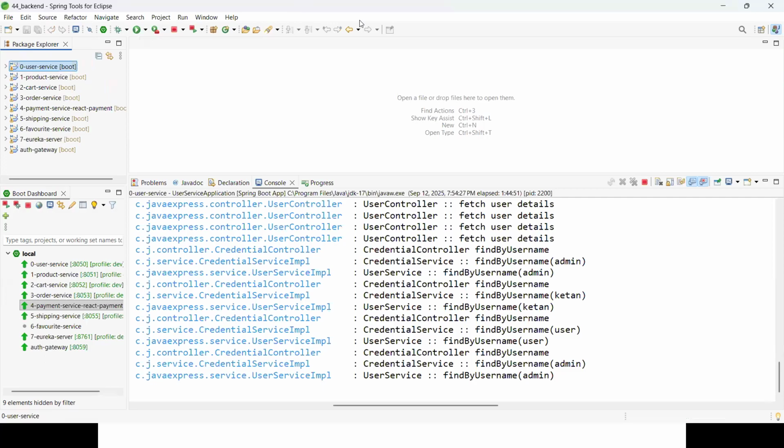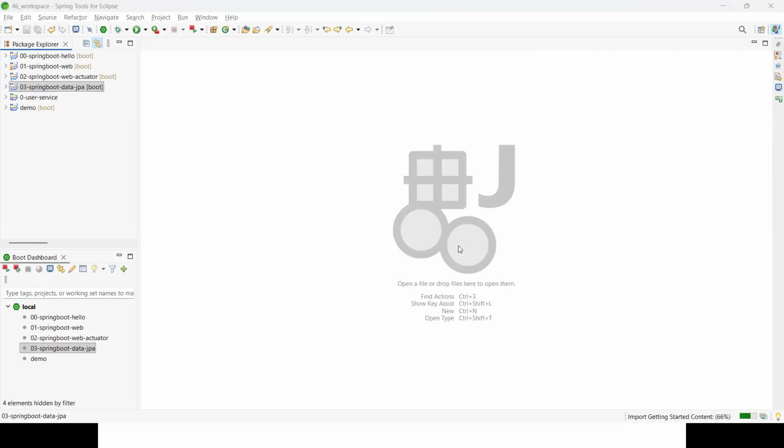Let it start that application. I want to stop my application in the backend, guys, else my system will become too slow. Because almost 7 to 8 microservices I am running in the backend, and the front end application also I am running, so it's taking time to start anything.